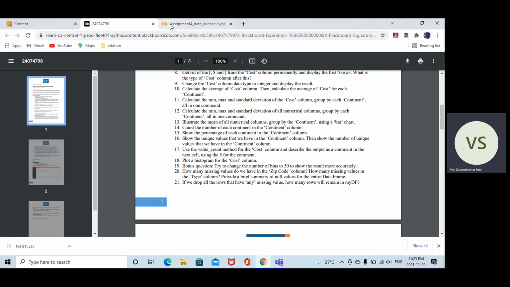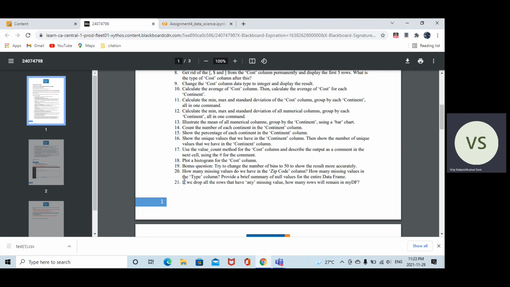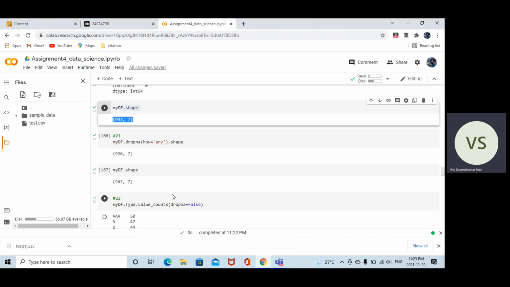Let's move towards another question. Now the 21st is, it says if we drop all the rows that have any missing value, how many rows will remain in my df? I don't know, so let's try it out.